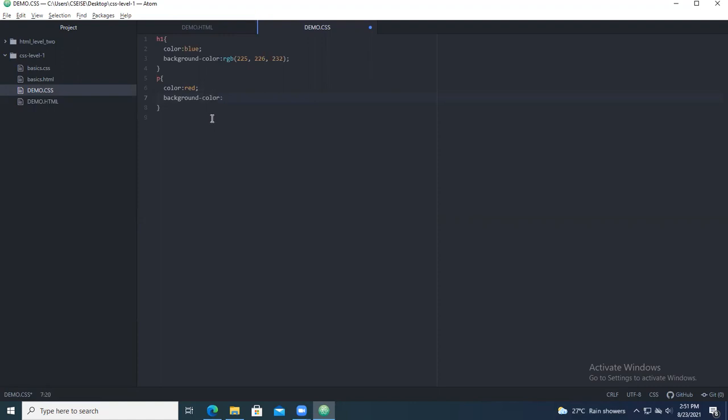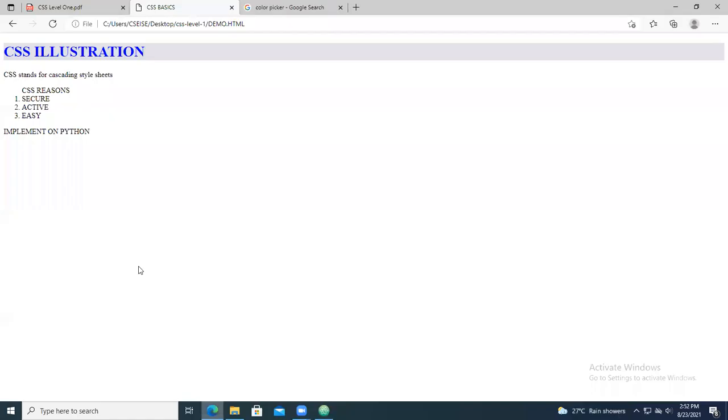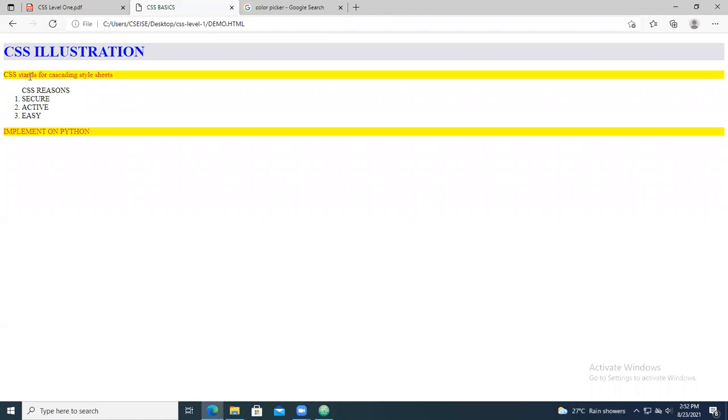So background color, you take something called yellow. Okay. So save this content. And here, when you refresh, here you can see this is the P tag, this is the P tag. So you are getting yellow background with a red. So here also you are getting yellow background with a red color.